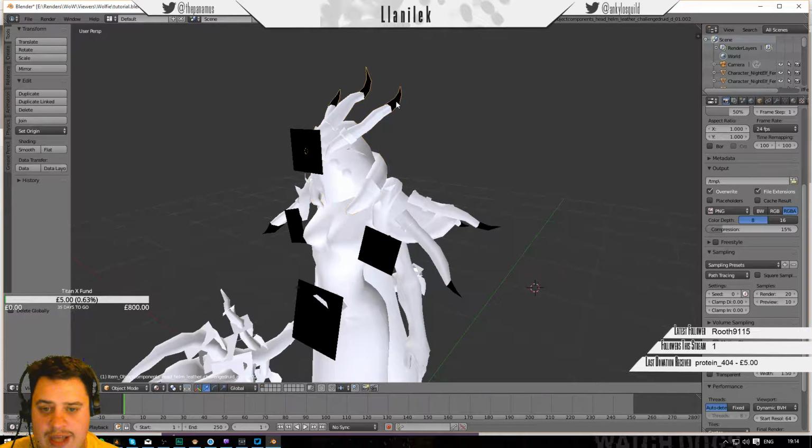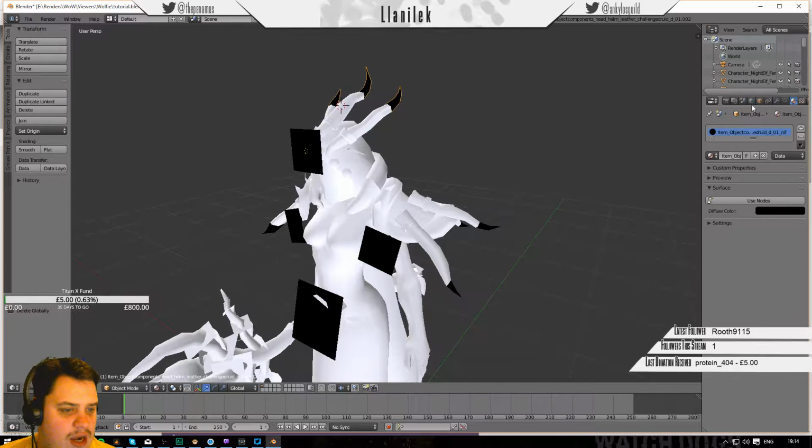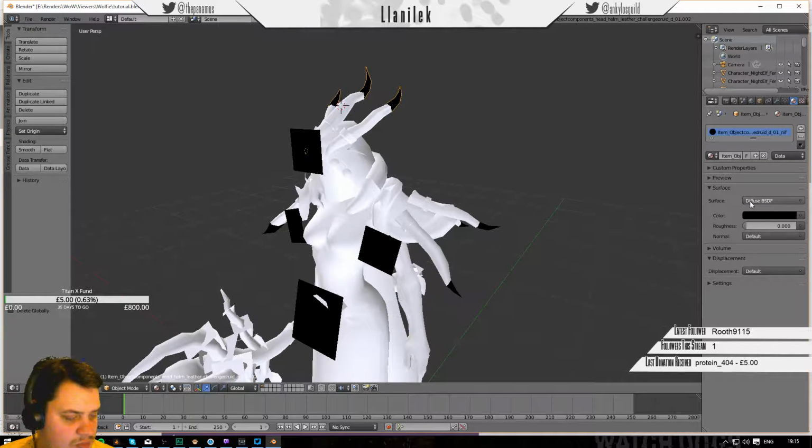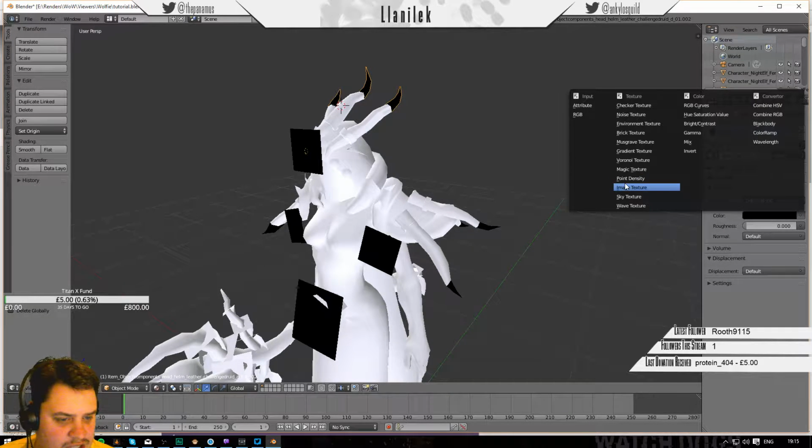Okay, so what we're going to do is apply our materials to each layer, and as we do, we're going to hide it so we can get to the layers underneath. So if we start from the top and work our way down, what we need to do is come over to this materials panel here, and you'll notice that there is a material already applied to it. If we select use nodes, it'll give us a diffuse shader, which is basically the coloration of the mesh. So in the color section, you'll see it's set to black, or it might be set to white depending on which piece we're looking at. But there's a little button here next to it. If you click that and change it to image texture,